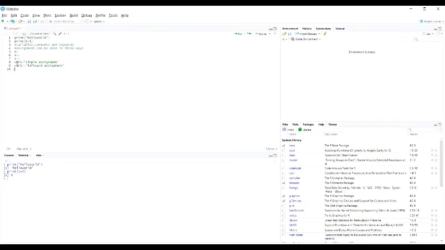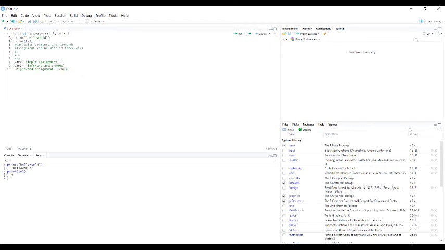The last type is rightward assignment, where we assign on the left side. First we have to give what we are going to assign, and then the variable name. So rightward assignment, now dash and greater than var3.